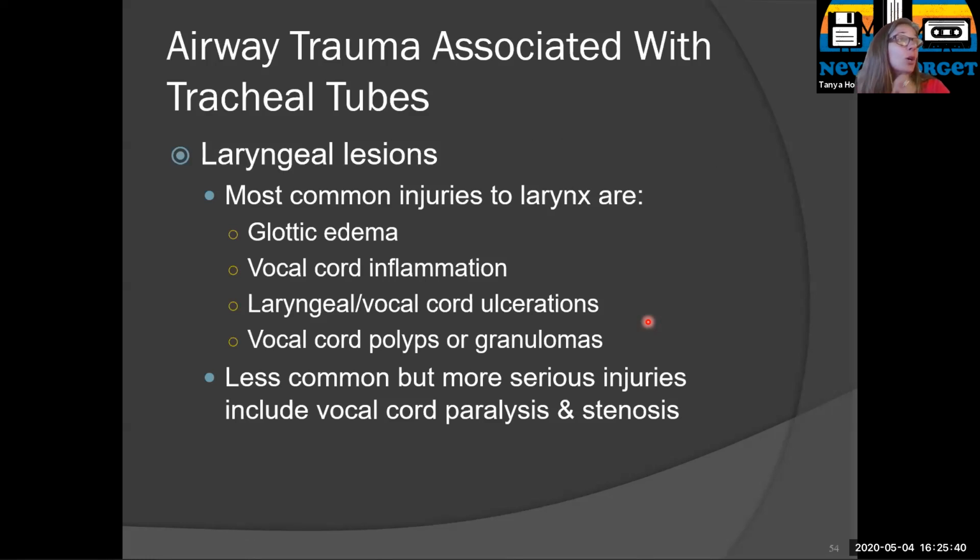Okay, so airway trauma associated with tubes, tracheostomy or endotracheal tubes. So now you can see that you're starting to get some lower airway stuff. Some of the complications with OPA, NPA, laryngeal mask airway or LMA, those are upper airway stuff. Now we're starting to add some lower airway or beyond the glottis stuff. So vocal cord paralysis is now something, vocal cord ulcerations, glottic edema, those kinds of things